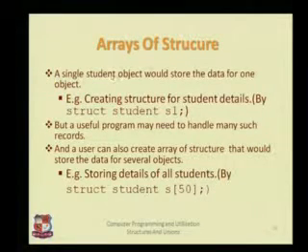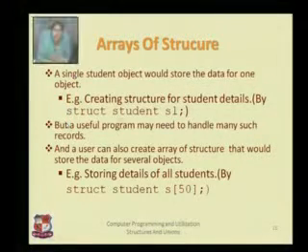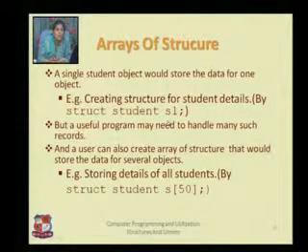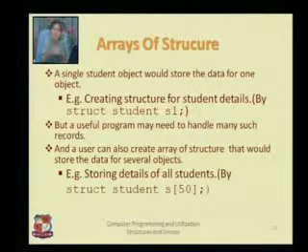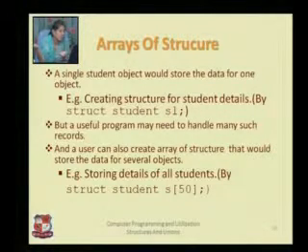Single student objects. Let us consider student right now. So a single student object or instance would only store data for one object or one instance, right? So suppose I am writing struct student S1, that S1 will be having information about one student, and that student is S1 only. But if I am having 50 students in my class, I cannot write S1, S2, S3, S4. That's donkey work, right? You cannot write it every time, P1, P2, P3, P4. That's too much work.